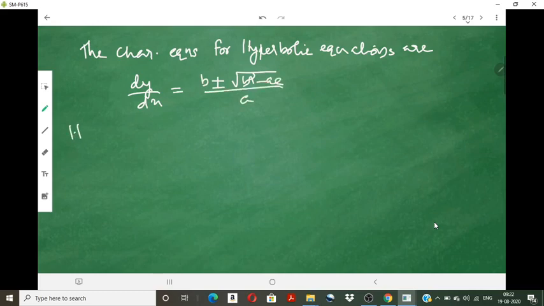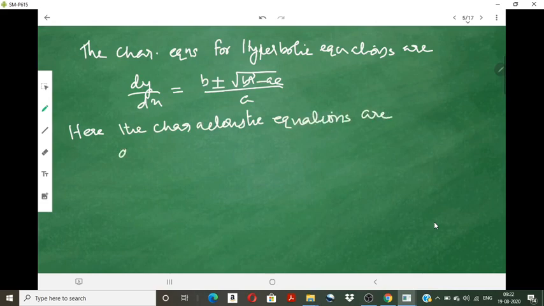So here the characteristic equations are given by dy by dx is equal to